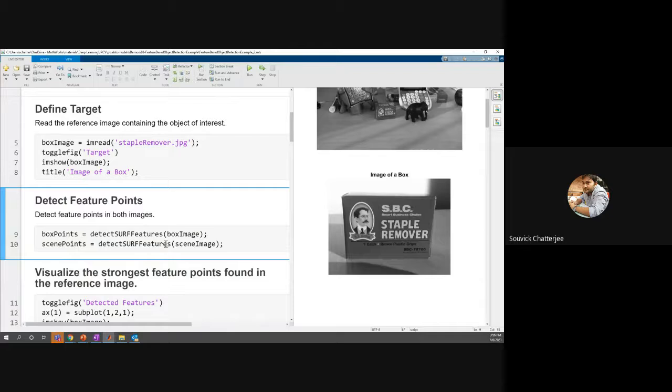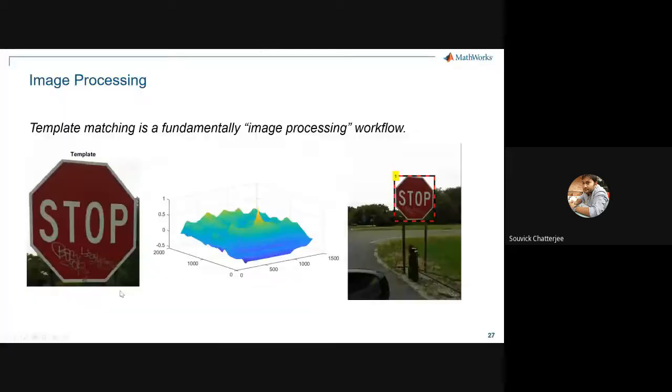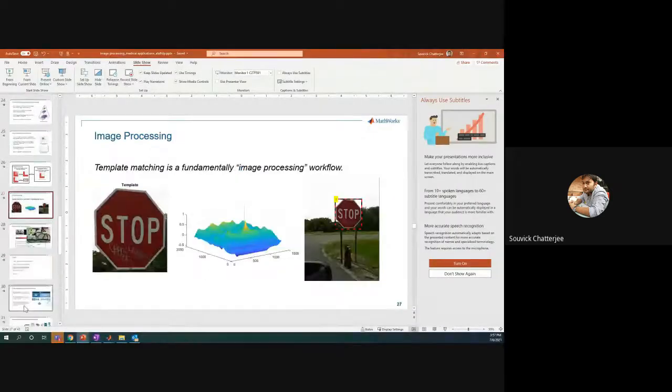This actually leads to that aspect of machine learning, deep learning, because once we detect these features, we can use these features for machine learning, deep learning applications, which I'm not going into because it is a separate event. But if you are doing medical images, as mentioned, we have examples on deep learning for medical images. So if you are interested in those, please reach out to us and we can discuss with you and share relevant resources on that as well. Okay, so that's one aspect of it.